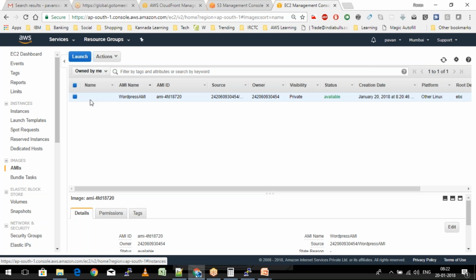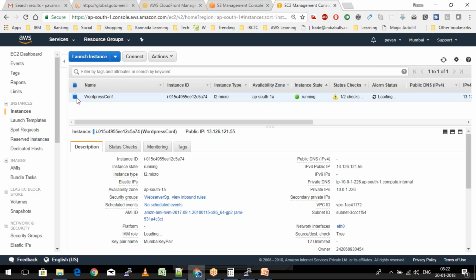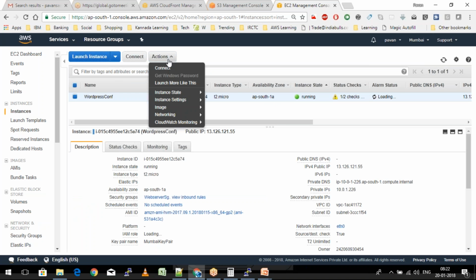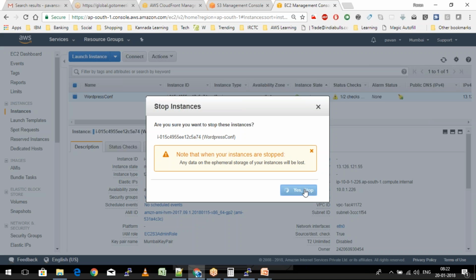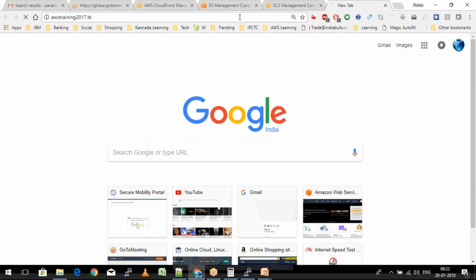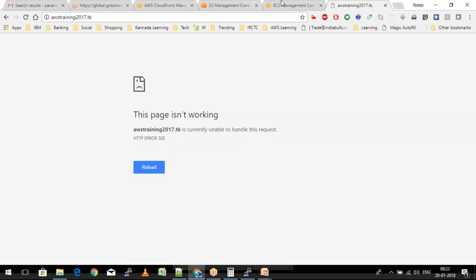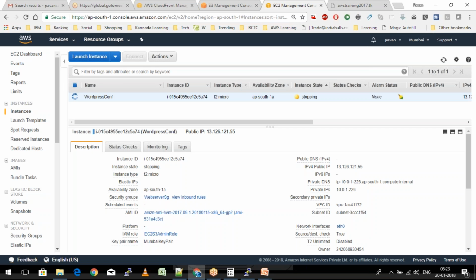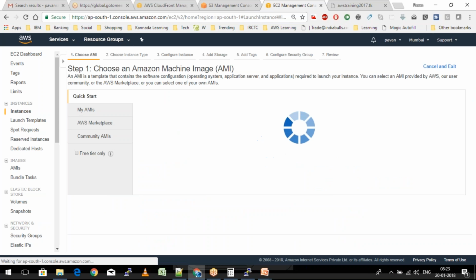So I'm quickly going to destroy the currently running instance. We don't need it anymore. For now, I'll just set it to stop mode. We can actually destroy it. Now if you go down and check, our server will not be working anymore. Right, it's not working anymore. So I'm going to launch our AMI and test whether it's perfectly fine or not. I'm going to launch an instance using the AMI that we have just created, that is the WordPress AMI,